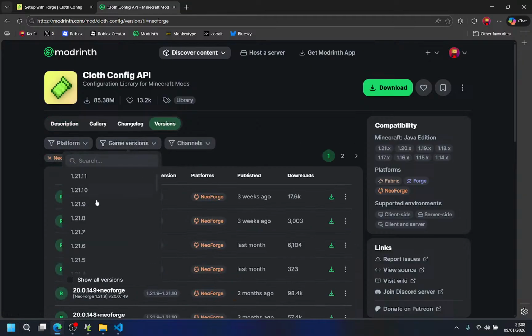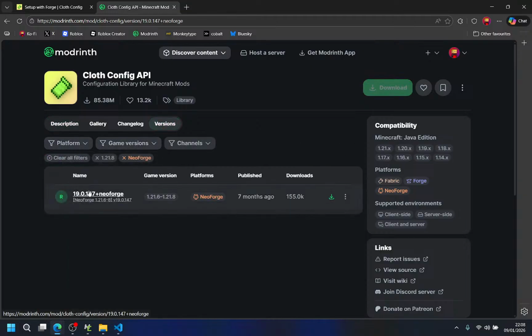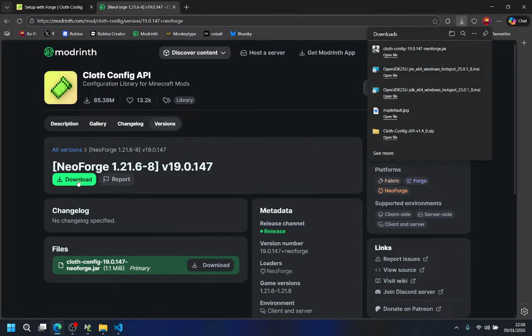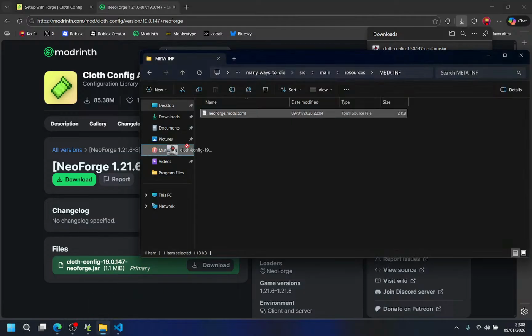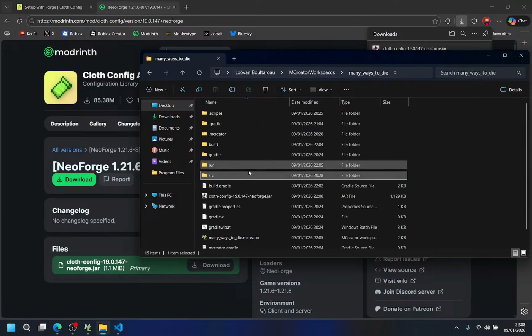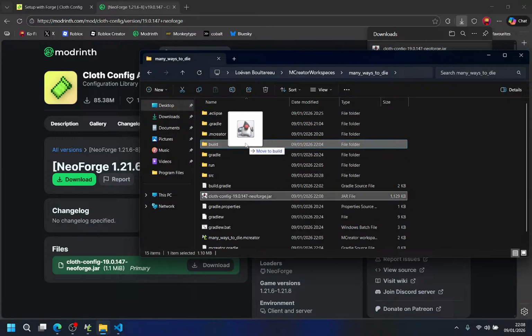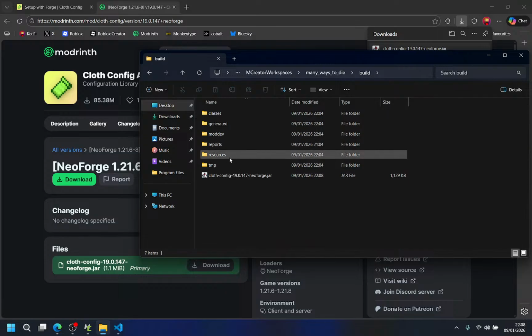Platform NeoForge 1.21.8. It's this specific one I need. No other ones are allowed. I'm not even kidding. If I try to do the wrong one, if I do not do it correctly, I'm cooked.